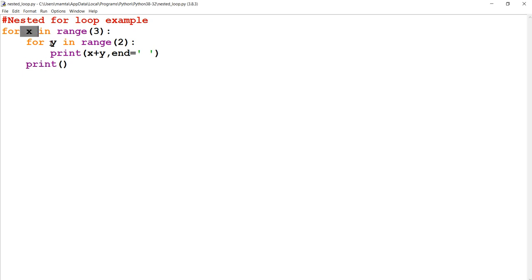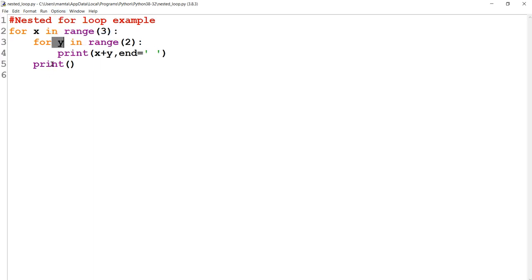So this print statement comes under the outer loop and this print statement comes under the inner loop. Let's see the line number here. So that means line number 3, 4 is nested and 5 is directly within the main loop, that is x.